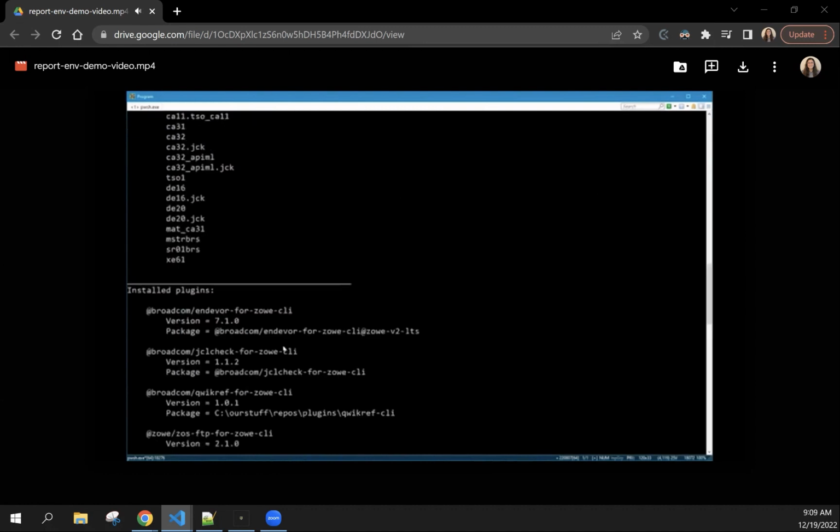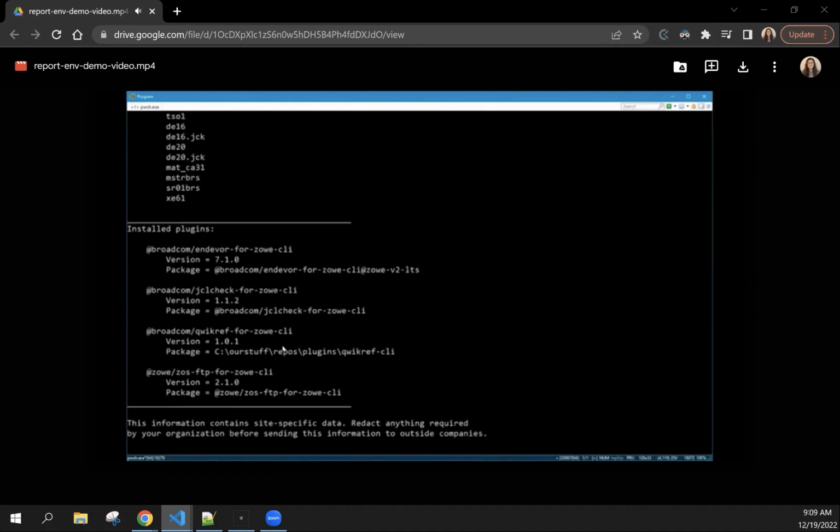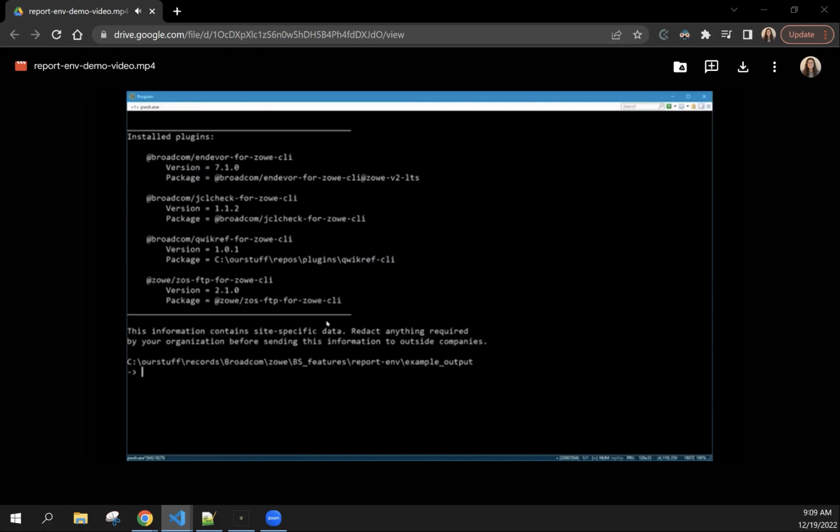And finally, we list the set of plugins that the user has installed, so we know exactly which plugins and what versions they're at. Now, my configuration has no known problems as I've got it set up currently, but there is logic